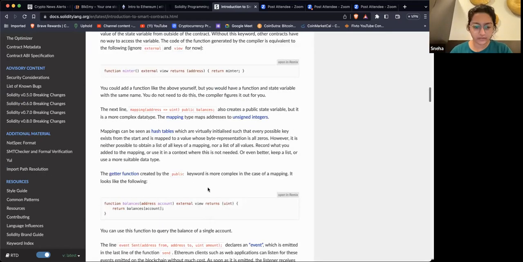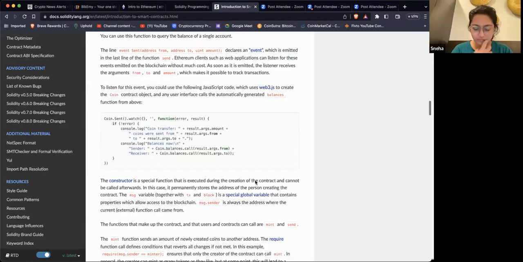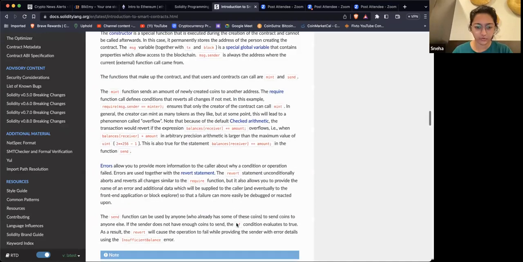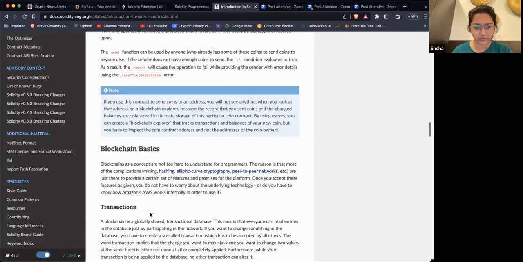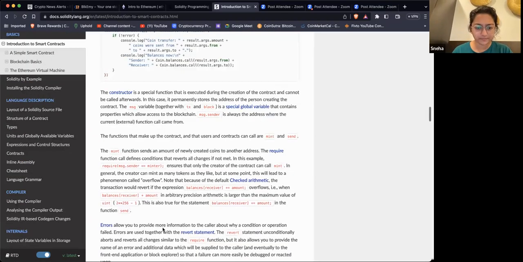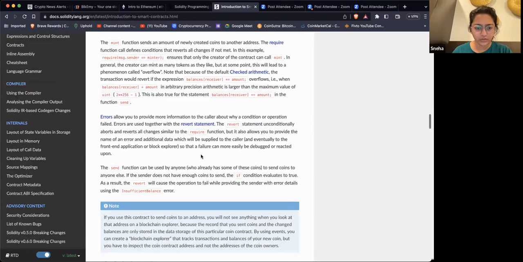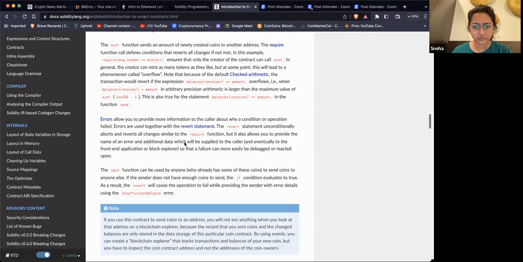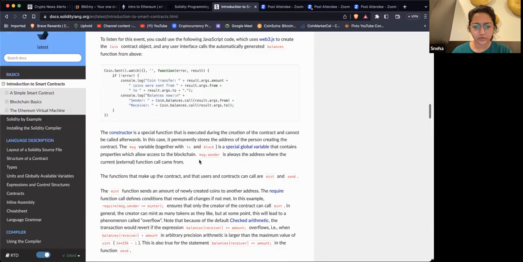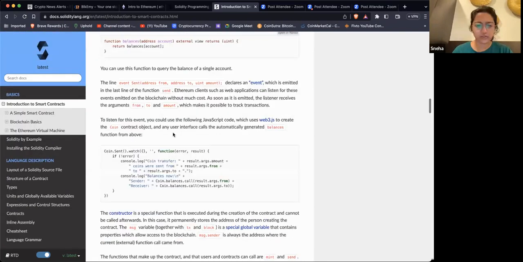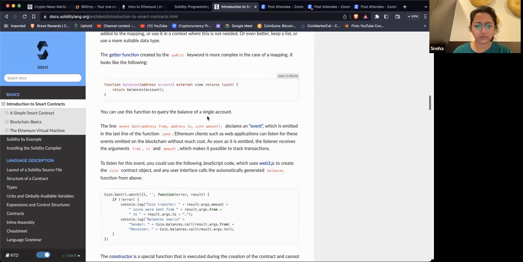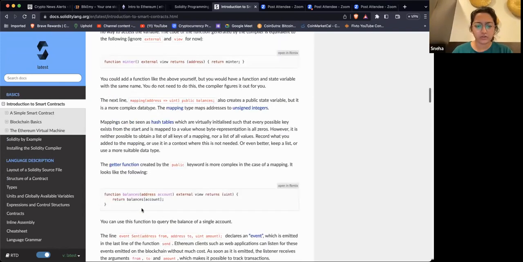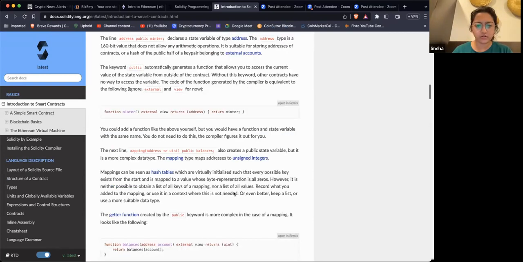I mean, if you will see here, like a better definition on how to go forward with it. I don't know if I've talked about it here. No, they haven't talked about it here. I think event and emit. Okay, so